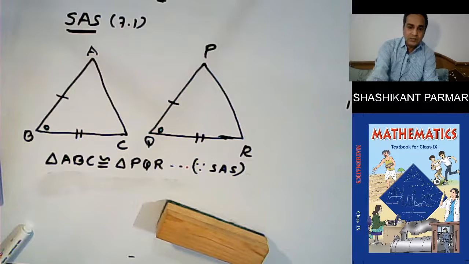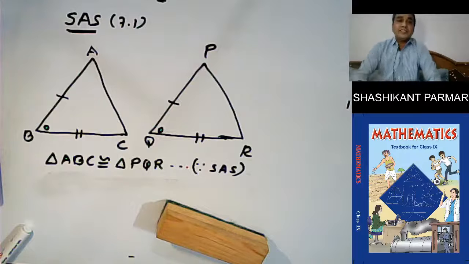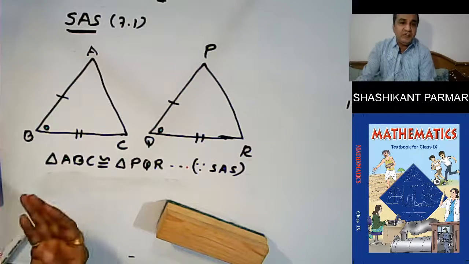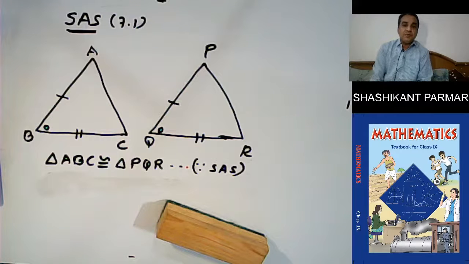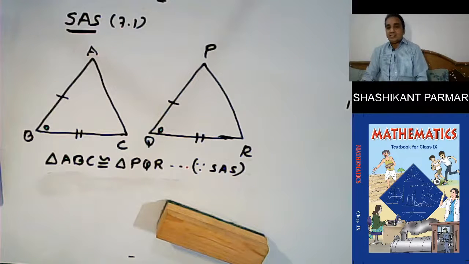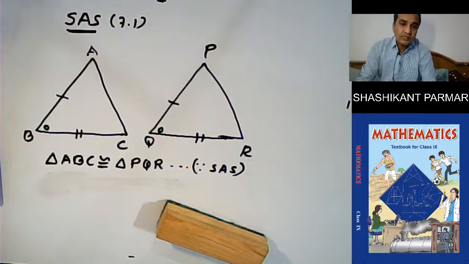So now see here. Notice that the two triangles are not congruent. Repeat this activity with more pairs of angles. You will observe that for triangles to be congruent, it is very important that the equal angle is included between the pair of equal sides. So included is important. The angle should be included in between the pair of equal sides. So the SAS congruence rule holds, but not ASS or SSA.